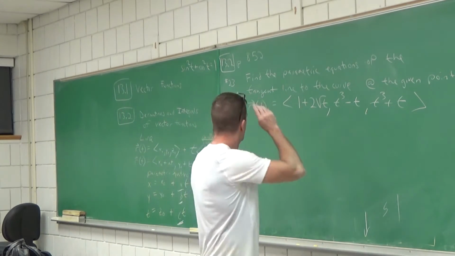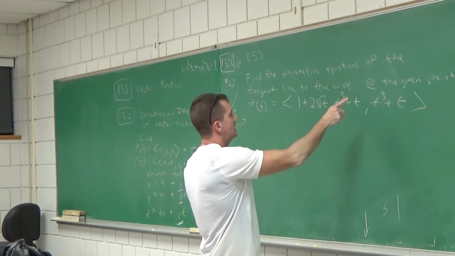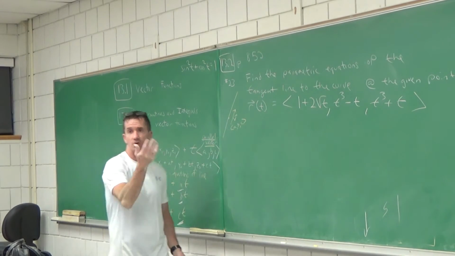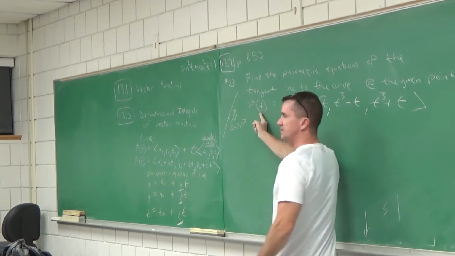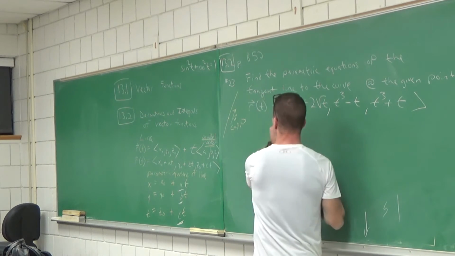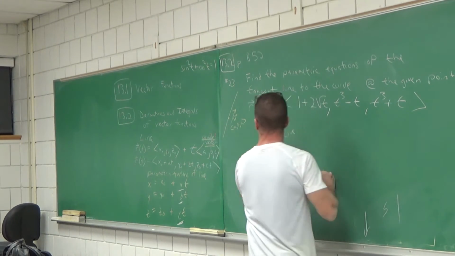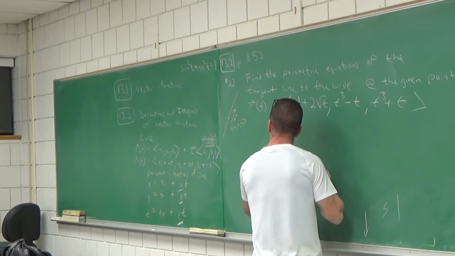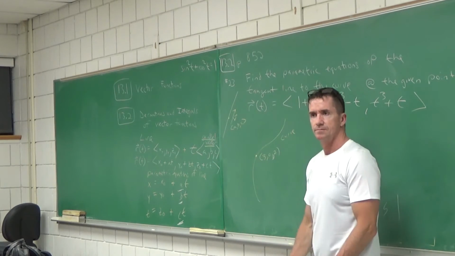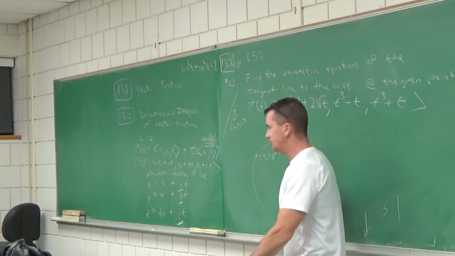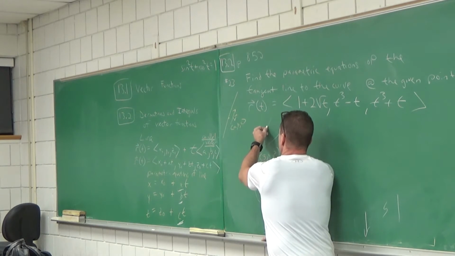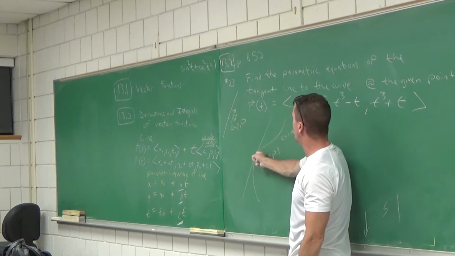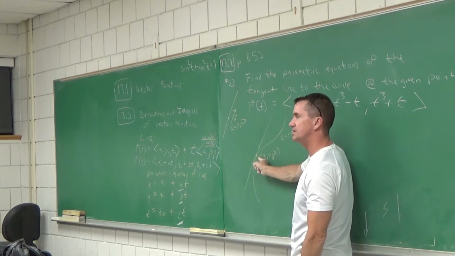Okay. Find the parametric equations of the tangent line of the curve. I'm still lost on what to do. I know these are the parametric equations of lines, so I'm going to draw a picture to help me understand this. This is a vector curve, right? And here's the curve, true? Here's some point. The point is what? 3, 0, 2. What are we looking for? Parallel. Yeah, when lost, we'll draw a picture. I'll draw a line. I need a line that goes like this. I need the parametric equations of a line tangent to the curve at that point.